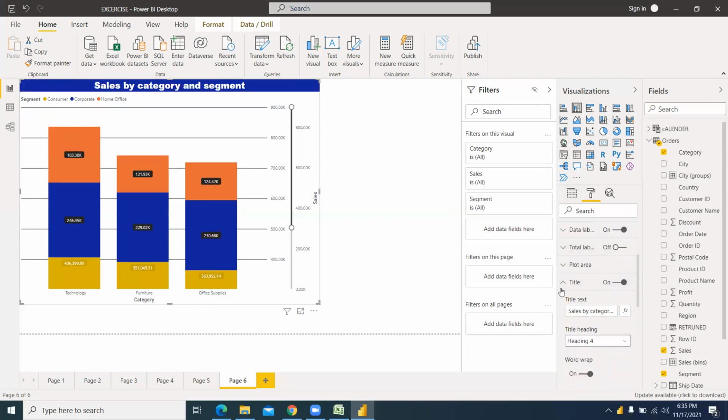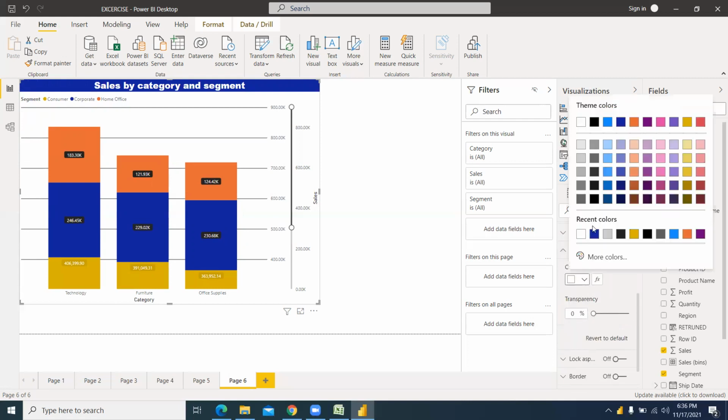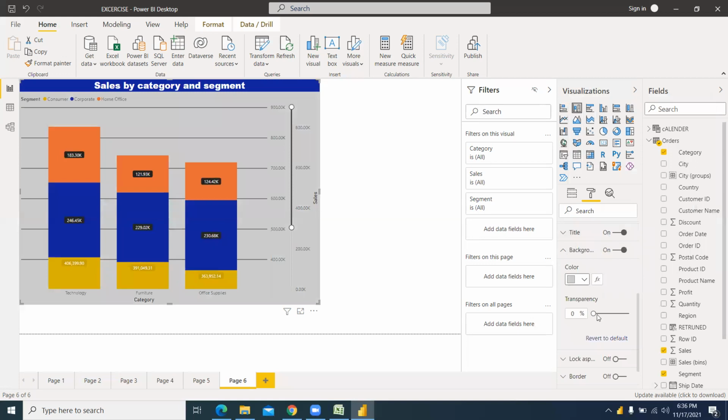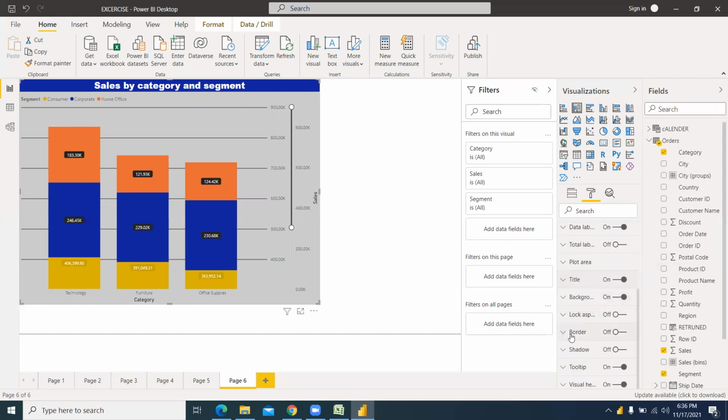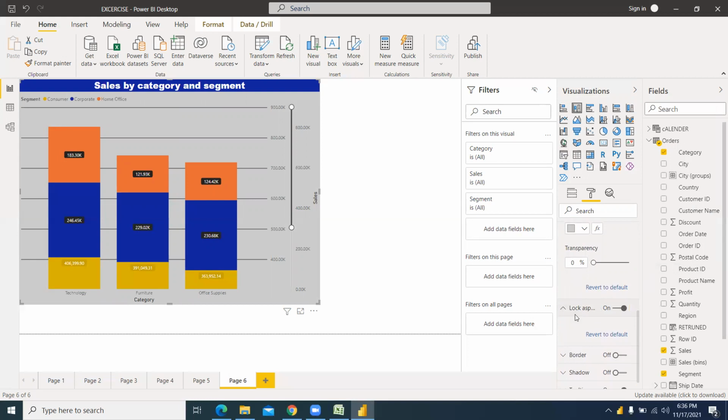And then the next option is background. So you can put the background, let's say a gray color, I'll put a gray color background. Okay, and then transparency, if you increase the transparency, there will be nothing. If you decrease that transparency, it will show like this. Then lock aspect is nothing but aspect ratio, which you see in TVs, the same way. I don't know what they had given. You won't see any change when you turn it on or off. So you need to think of it as an aspect ratio like a TV.